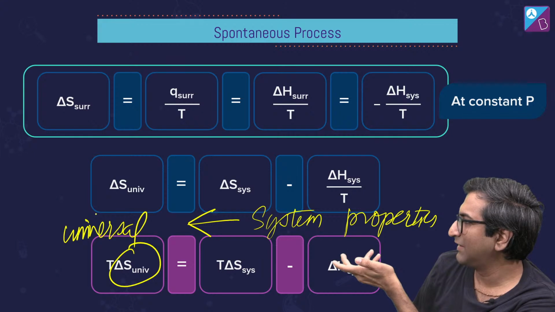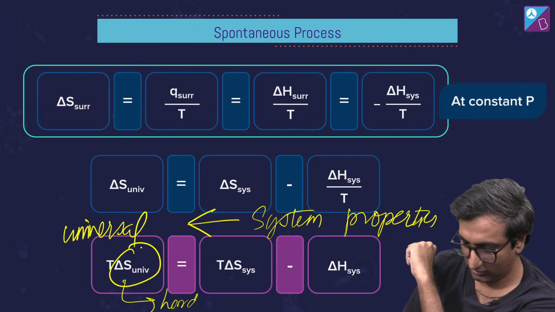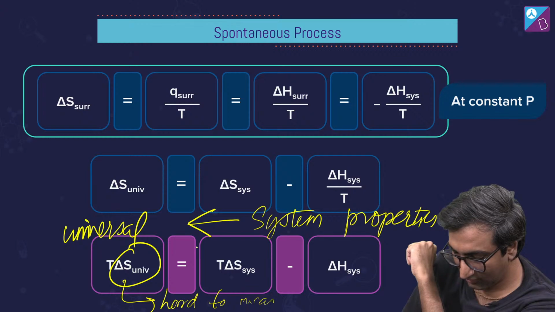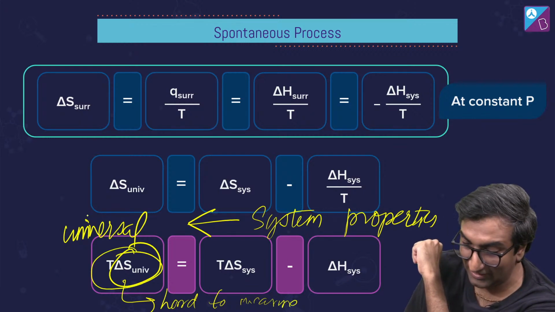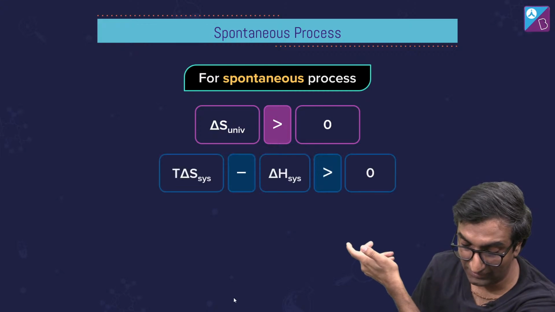But ये delta S universe मैं लाऊं कहाँ से? How do I measure this? Well, this is a little bit hard to do. But I can measure T times delta S, and that is what we are defining as Gibbs free energy or